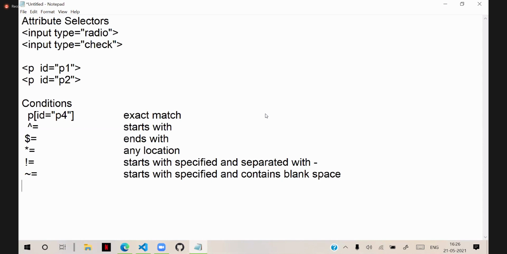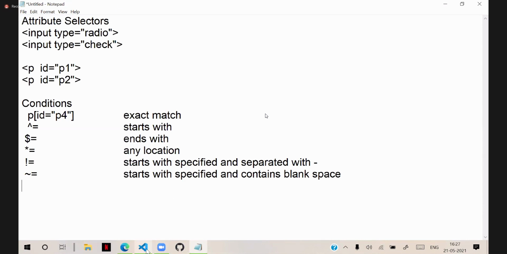These are generally options that we call as conditions for attributes. That's how we define the condition for attributes. So let's see how to use them and how do we work with them.